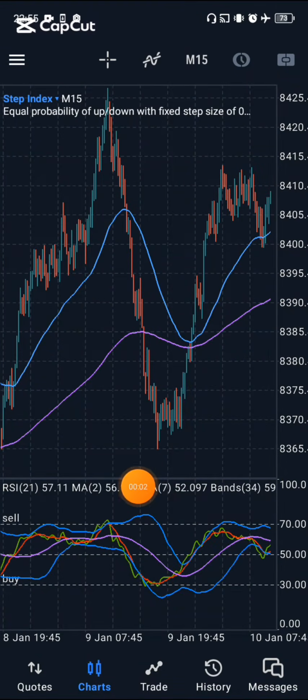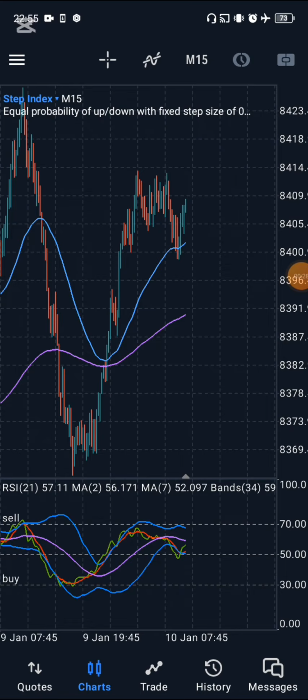So in the previous video, we talked about some general principles and how we can use this TDI over here. So if you haven't watched that video, check it out. And today I promised you that I'm going to be showing you how you can use moving averages in order to trade, giving us further confluence in order to use this TDI and the moving averages to get our entries, right? So I'm just going to be doing that, showing you how we can use moving averages,